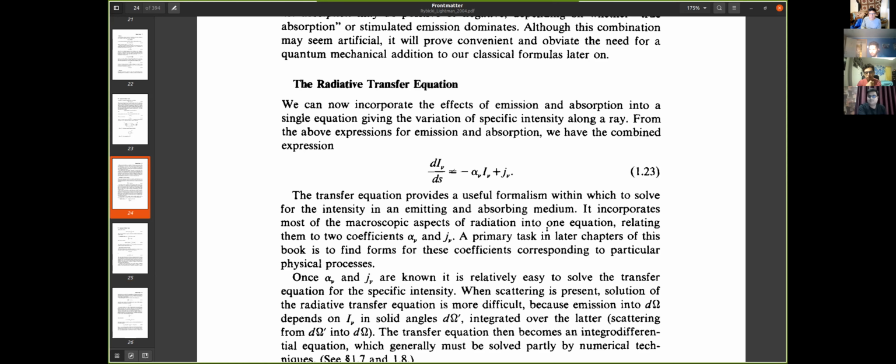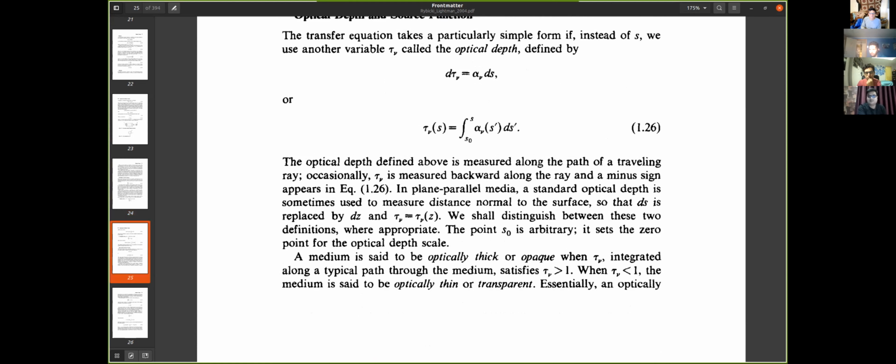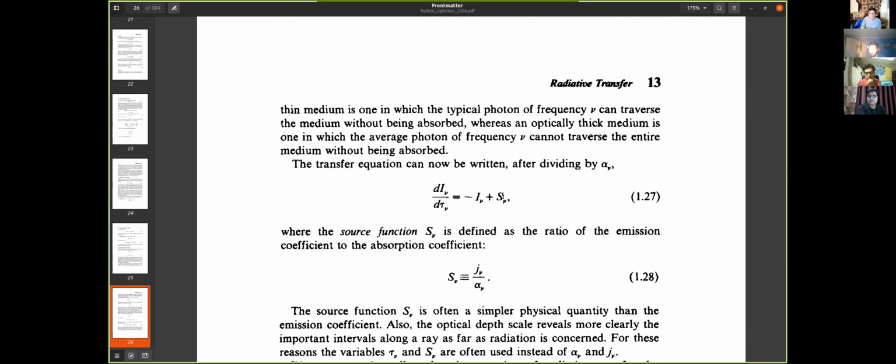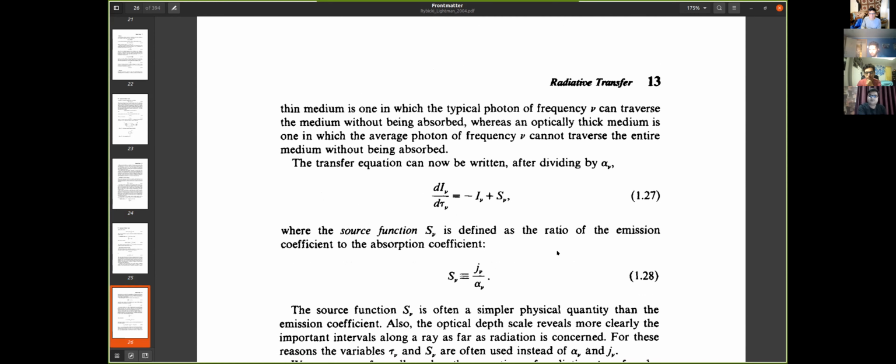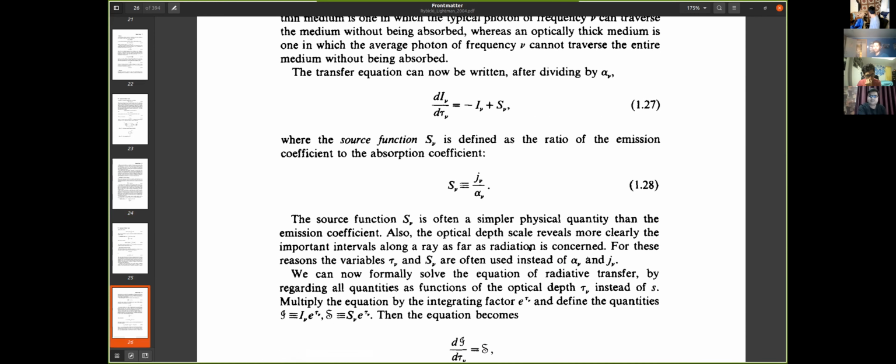And this j nu by alpha nu is what the author is calling S nu, the source function, which is just the ratio of the emission coefficient to the absorption coefficient, as you can see. So this is another form of the radiative transfer equation, but now in terms of optical depth. Earlier what we were getting was in terms of physical depth of the column that was seen,